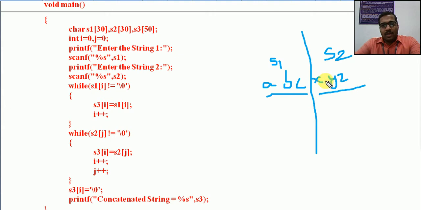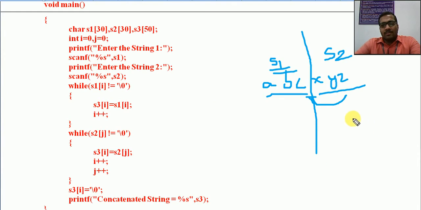So if we want to combine these two strings into a single string, that means by moving this S2 content or appending it to the end of S1, now the value of the string belonging to S1 will be ABCXYZ. So forming a string by combining that string with another string is called concatenation.